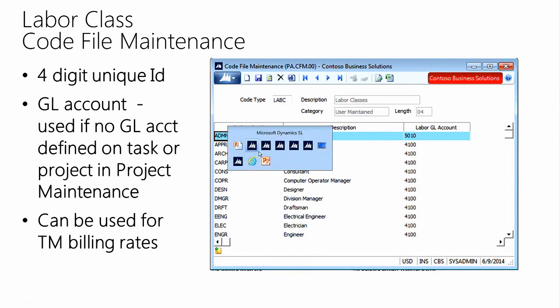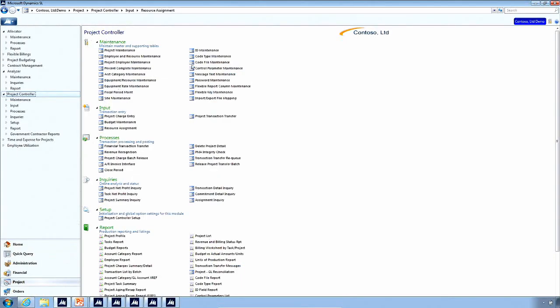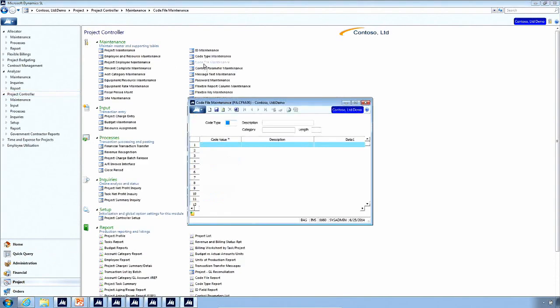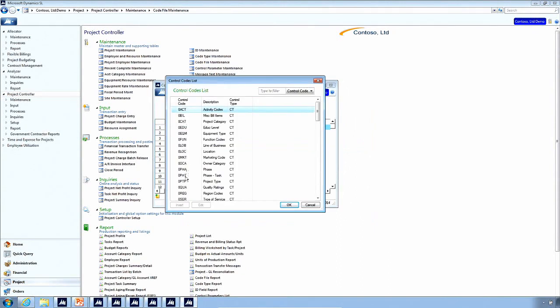So let's go here and let's go look at a code file. So code file maintenance, it's a great opportunity to recap this screen here. In my list, I have a lot of code files